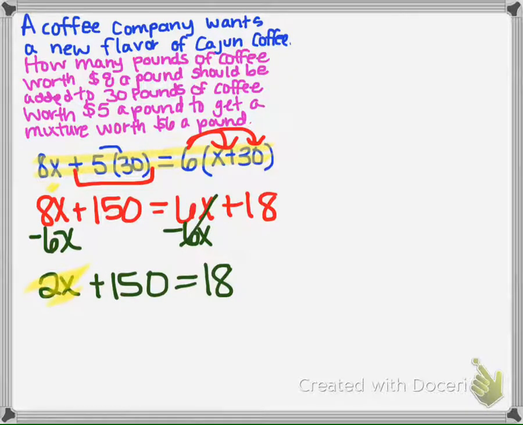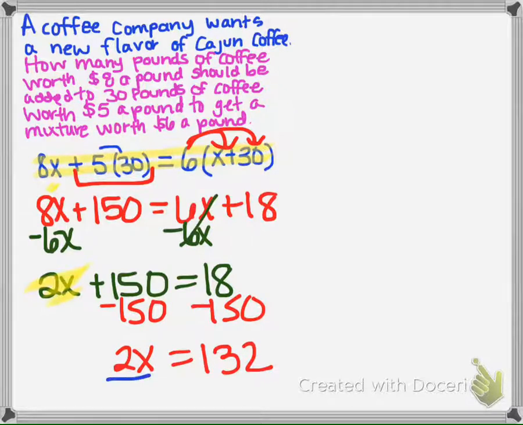And then we cover up the variable. That helps us see that we need to get rid of this 150 here. And now that the variable term is by itself, we're going to go ahead and divide by 2. So 132 divided by 2